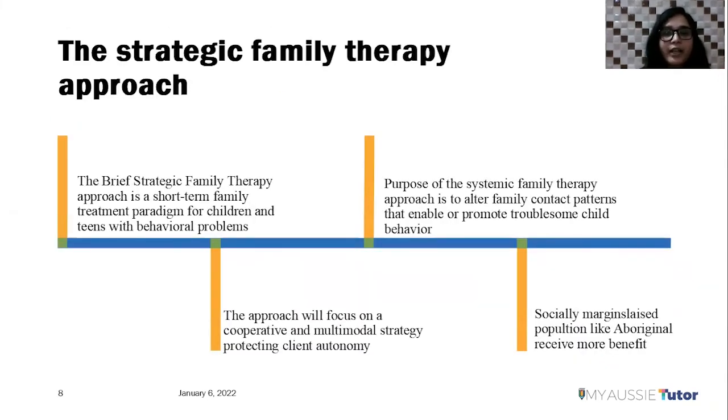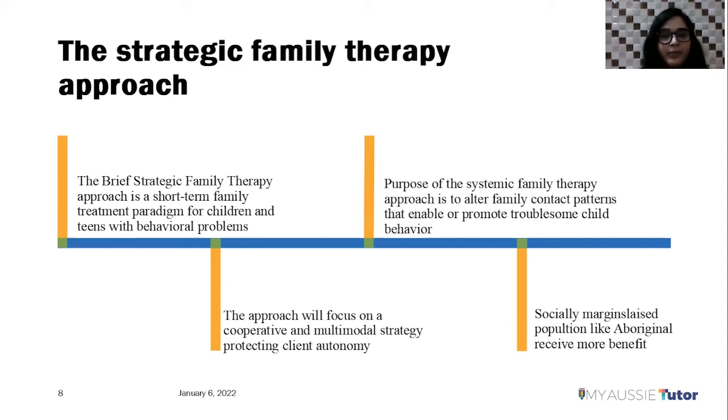So moving to the next slide, we'll discuss what is strategic family therapy. Till now we were discussing structural family therapy. Now we will discuss strategic family therapy. This strategic family therapy approach is a short-term family treatment paradigm, especially for children and teens with behavior problems. The purpose of this systemic family therapy approach is to alter the family contact patterns that enable or promote troublesome